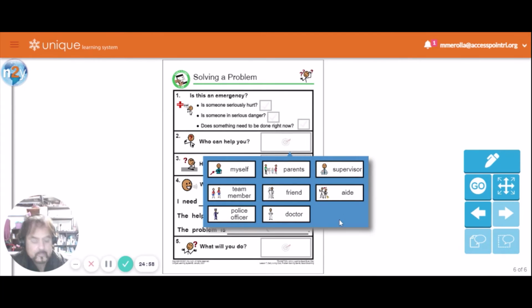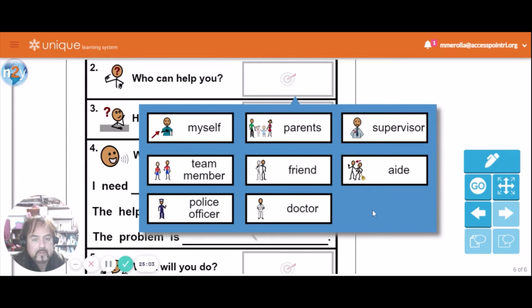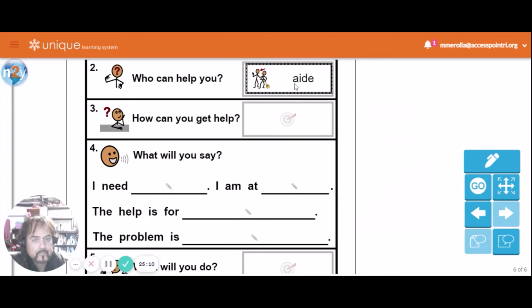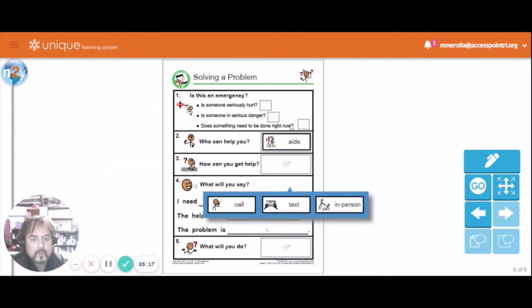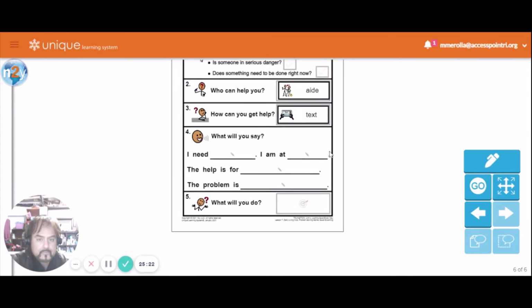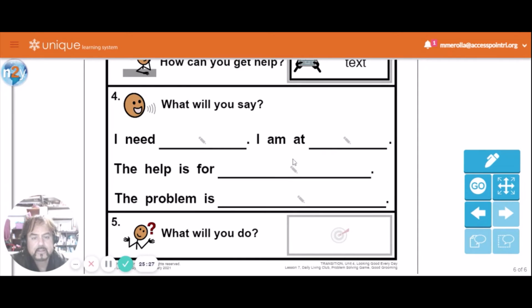So let's see. If you're living on your own, you probably have someone who checks in with you who is like an aide. So you probably want to go to them. How can you get help? You could text them, right? Let's see, text. All right. What will you say in the text?